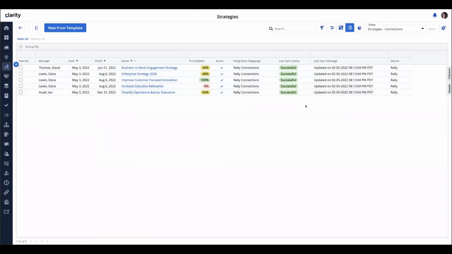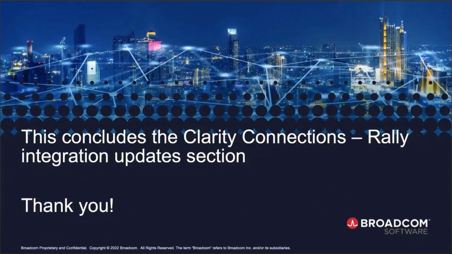Okay, so that concludes the demo of the integration mapping automatically applied to the Rally portfolio item hierarchies. Okay, that concludes the updates to Clarity Connections, the Rally